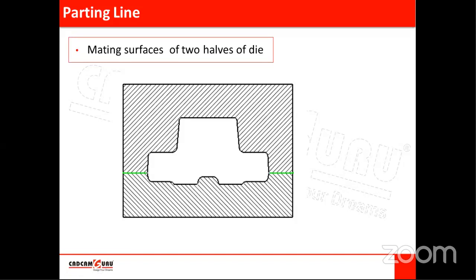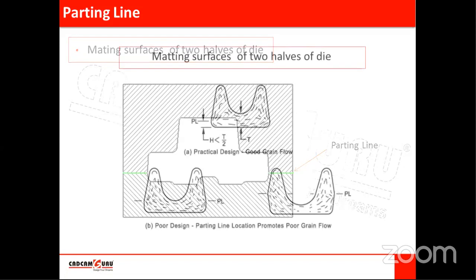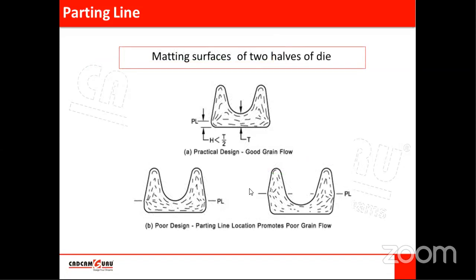So this is the cavity, and these are the two dies. This mating surface is called the parting line. Two dies are separated at the parting line. So this is a guideline for the parting line. It is good practical design if you place this parting line in the maximum cross section area. So the general guideline is